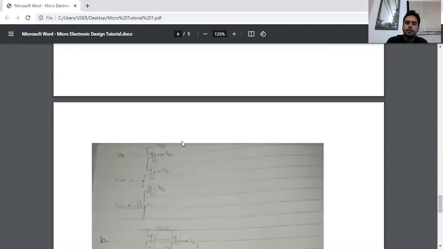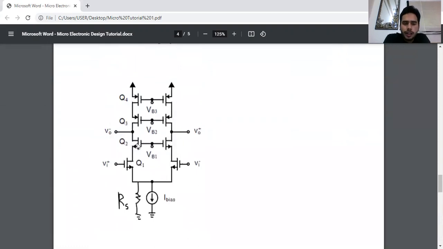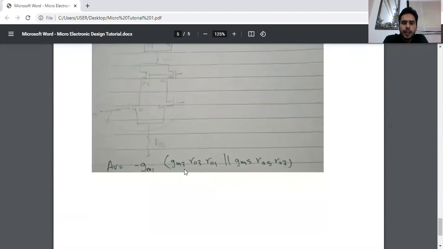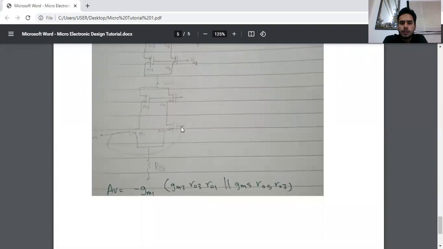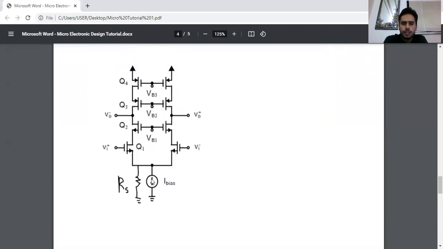Similarly, the circuit is being repeated. As you see, MOSFETs Q2 and Q2 dash are both again shorted with the base voltages, and then we have Q2, Q1 and Q1 dash, both having a positive and negative voltage supply. So we will be attaching these to a positive negative voltage supply on the circuit, and then we get RE, or the resistance which is RS, and the I bias current which is flowing.